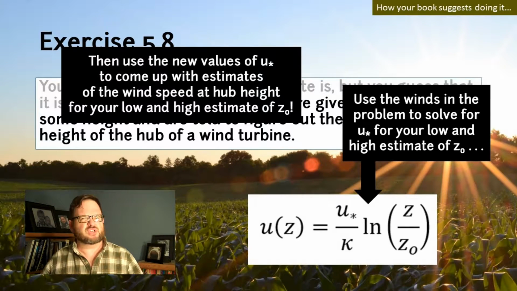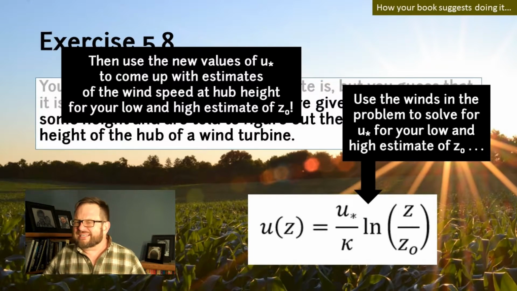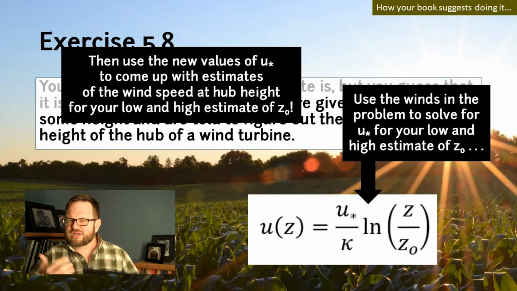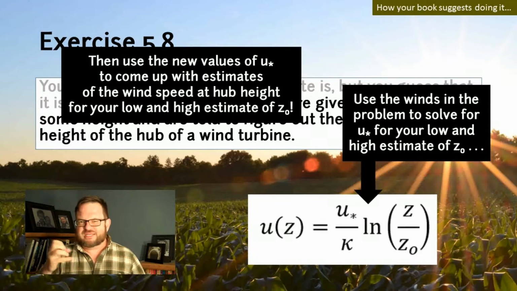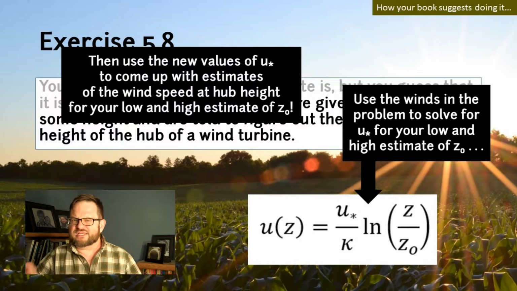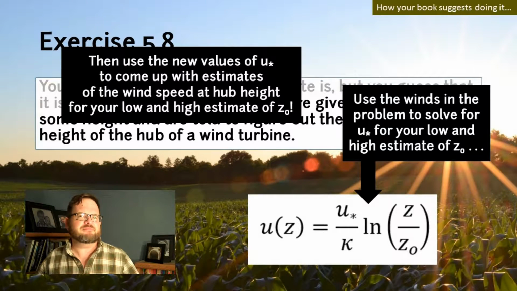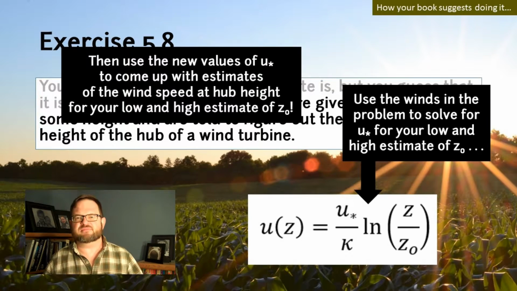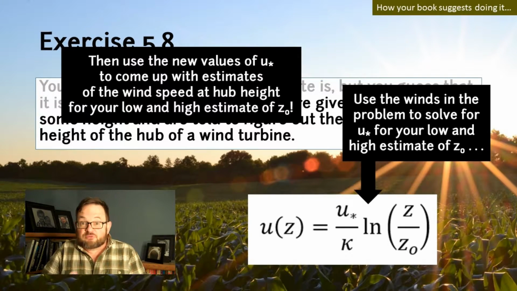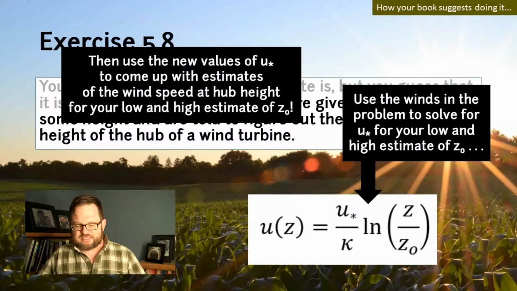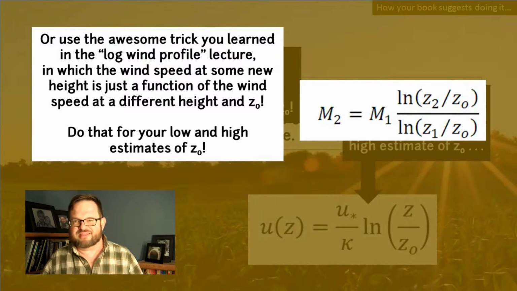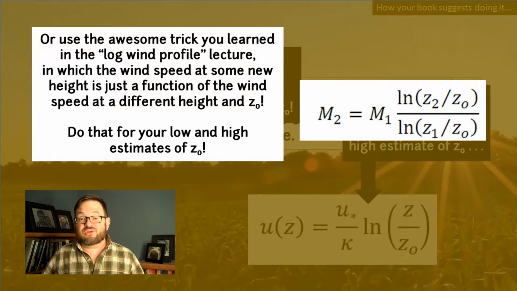This is a way of doing it where they have figured out this tricky business. Remember U star, it's the friction velocity. It's a very hard thing to understand, and we're going to have to think more about it later in the course. It's about the vertical flux of momentum in the atmosphere. And hey, we can use the information we're given in the problem to solve for it. And I guess that's modestly clever, but you can actually do better than that, because remember that derivation that we did in the class.